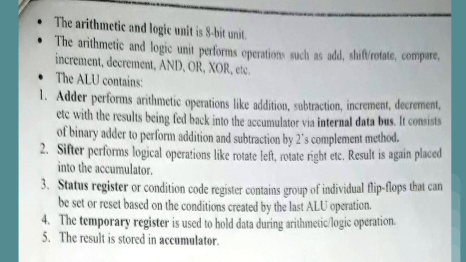Okay, but after performing an operation, the final result is stored inside the accumulator. So that is the shifter, which is used to perform the right rotate or left rotate operation. Then the third element of the ALU is the status register, which is also called the condition code register, which actually consists